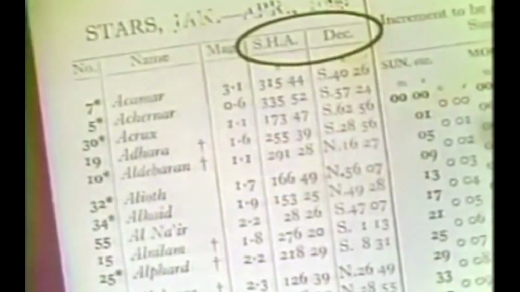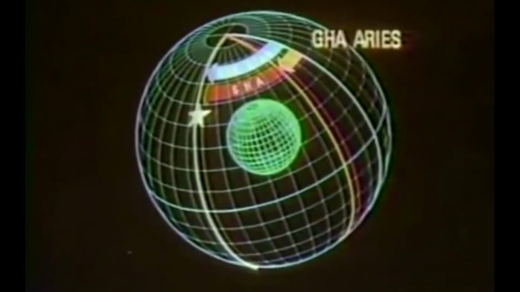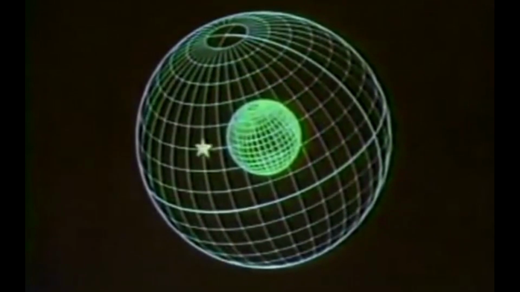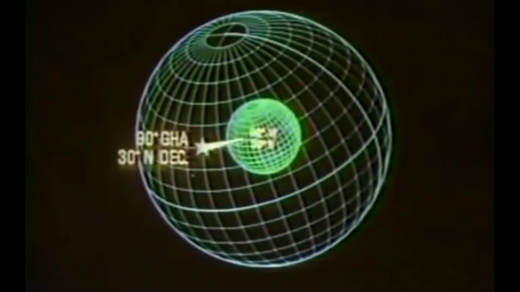SHA and declination for the 57 navigational stars are listed on the inside front cover of the Air Almanac. The navigator can determine the GHA for any navigational star merely by adding its fixed SHA to the GHA of Aries for the time desired. Now let's sum up. When you determine a celestial body's GHA and declination, you know its geographic position or subpoint